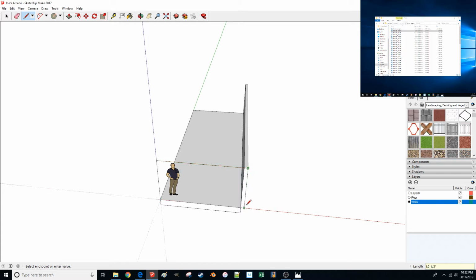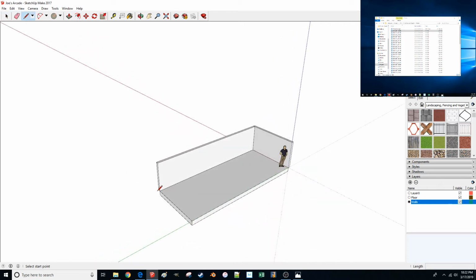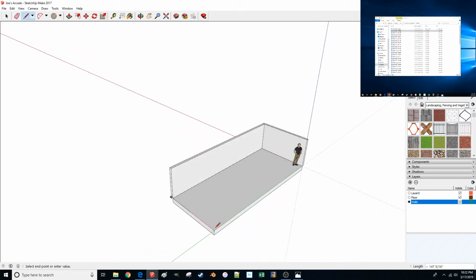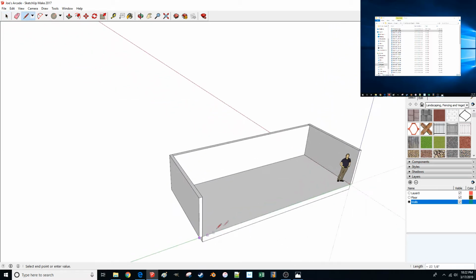82.5. Oops, I'm thinking in feet there. Group that up. Now, some of my modeling is pretty component based like this. That's just the way I model, because when I started in SketchUp, I was working in the Source engine developing maps for Left 4 Dead 2, and the game engine for that requires that